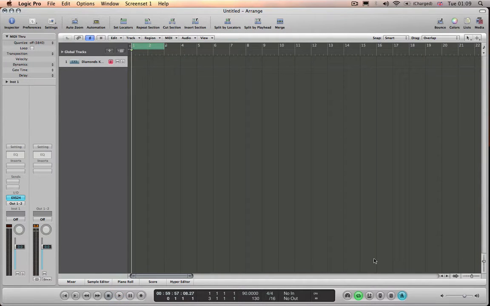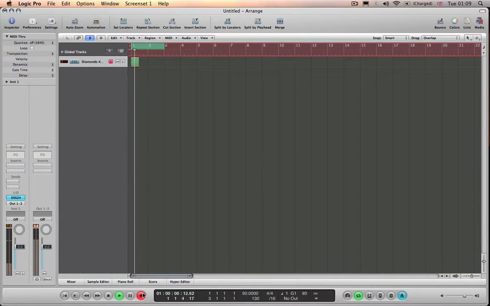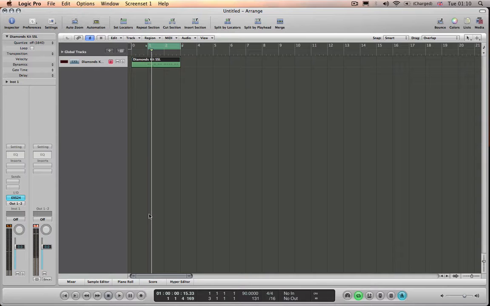So there we go, that gives us a little metronome. So if I just hit record now, find where my drum sounds are, that'll do us. Okay, so if I hit record,